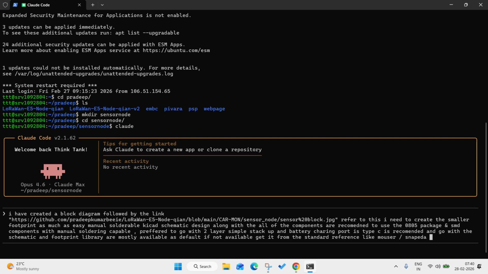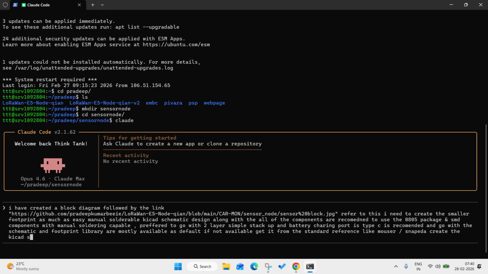Create the KiCad schematic and layout along with the